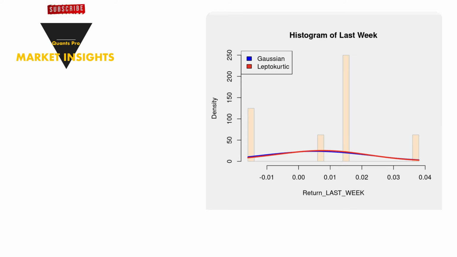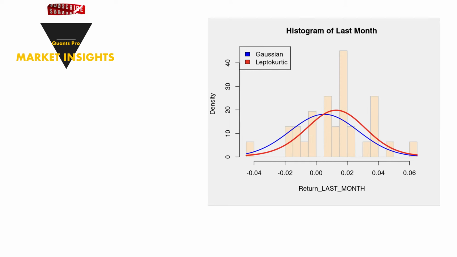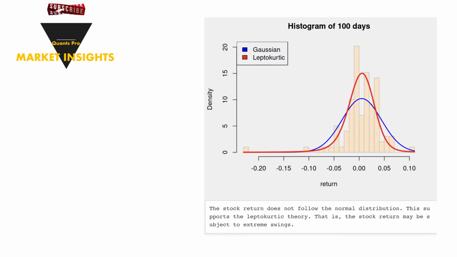If we examine the probability distribution of the return, the stock has performed as shown in the chart over the past week. Likewise, the last month's return distribution. In the last 100-day return, there is a serious leptokurtic feature in the scatter plot. When the chart is carefully examined,